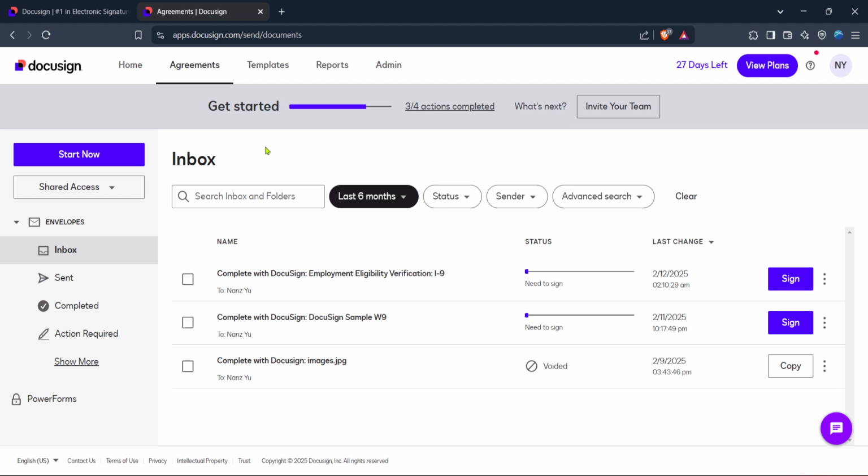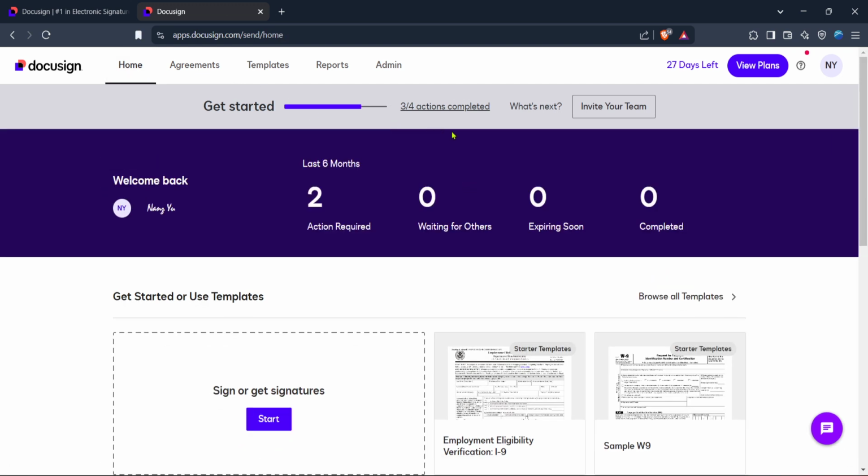Now let's say you have a specific document you need to add recipients to. Look for the document in your list. You should see a three-dot icon, which is a useful feature allowing you to access more options related to that document. Click on this icon. It's usually located on the right side of the document name, and a drop-down menu will appear. From this menu, select Correct. This is where you can make changes such as adding or editing recipients.